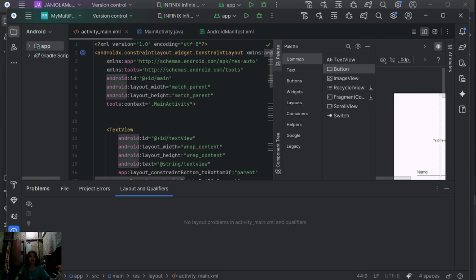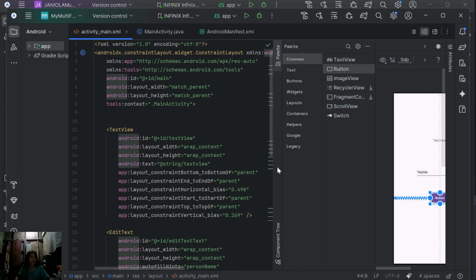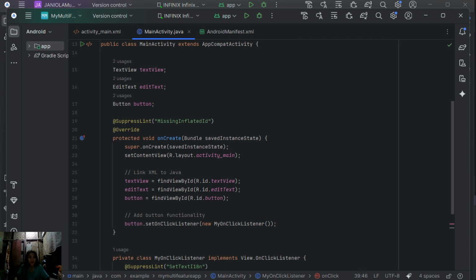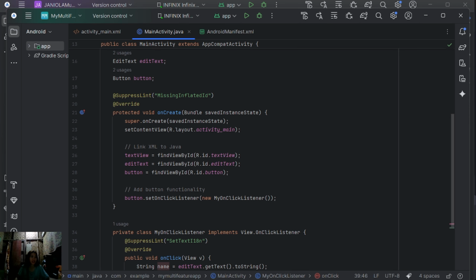Okay. So in this example, I connected the XML elements using Find View by ID. So this one. And added a click event for button, this one.